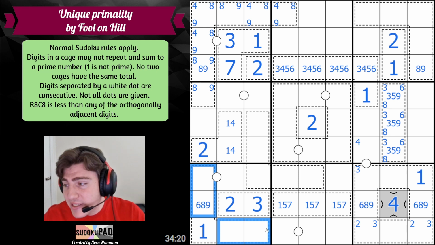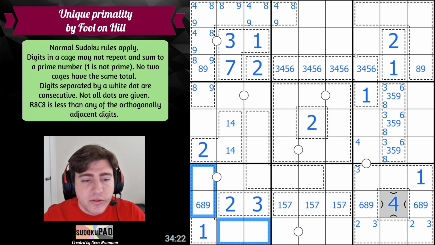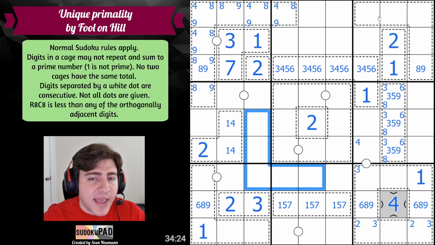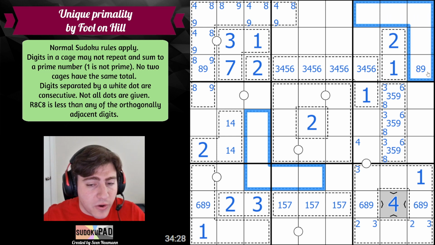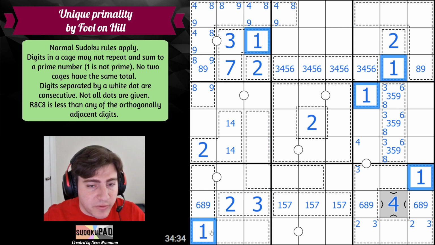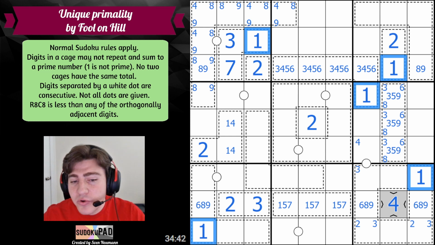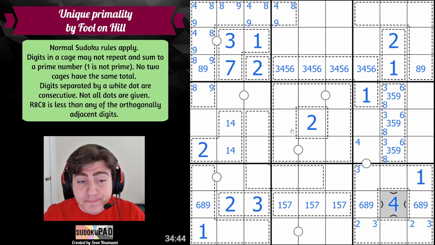However, we don't need to minimize, though can we minimize in the other cages? So we can't use 1 in any of the other cages. And actually, can we just do some Sudoku work with 1? No. All right, we can't do Sudoku work with 1, but